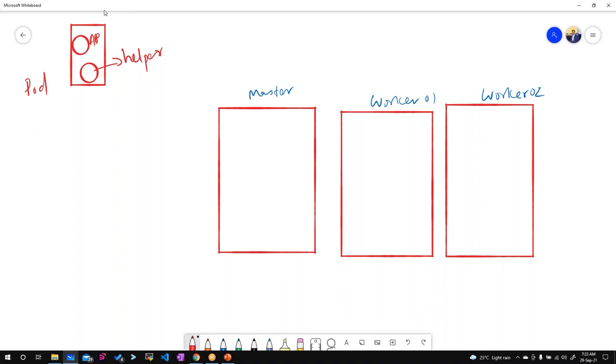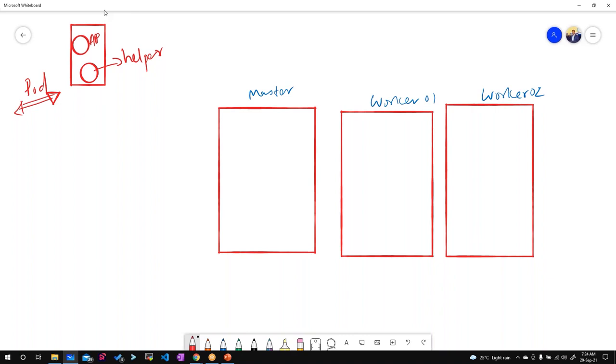Now in Kubernetes, you cannot control a container. That means you can get into a container, but you cannot create a container. You can only create a pod, and inside the pod your container resides. Understood? So the pod is the basic scheduling unit inside Kubernetes. Now we'll go backwards: we have the containers, and containers are encapsulated inside a pod.